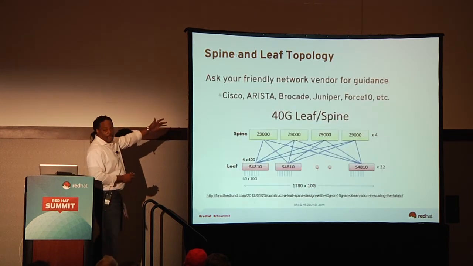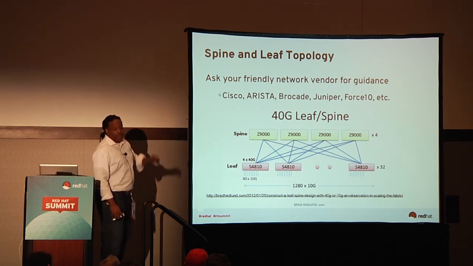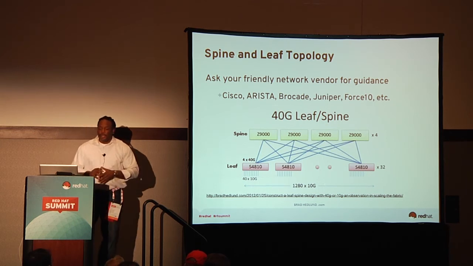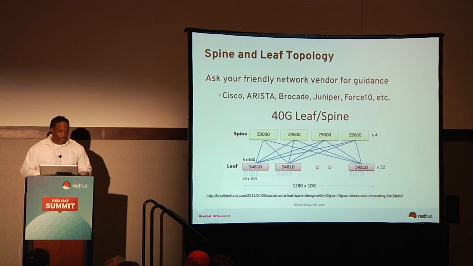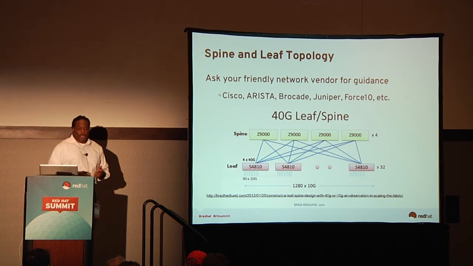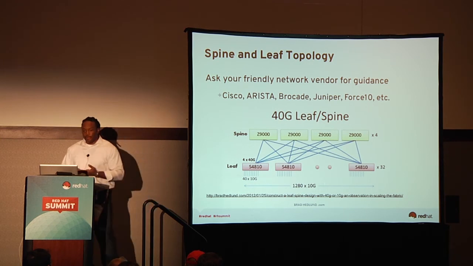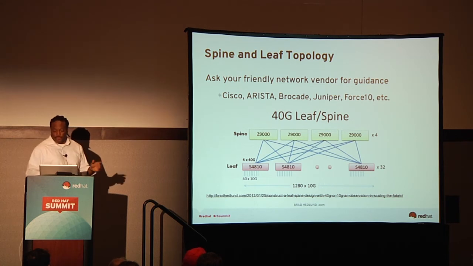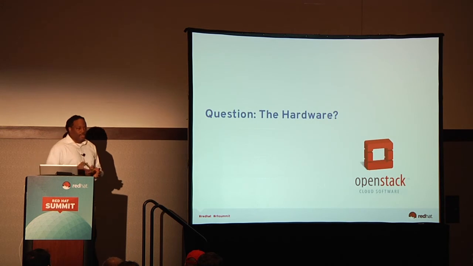So a spine and leaf network topology, you guys should probably explore that. Ask your friendly network vendor. There are reference architectures out there today: Juniper, Dell, Arista, Dell being Force 10, Cisco. These guys have all figured this out. There's extremely high port density now, 10 gig E, non-blocking I/O. Layer 2 over layer 3 works very well, so you can mimic a VLAN on top of a layer 3 model. Excellent stuff here. Okay, so let's talk about the hardware.